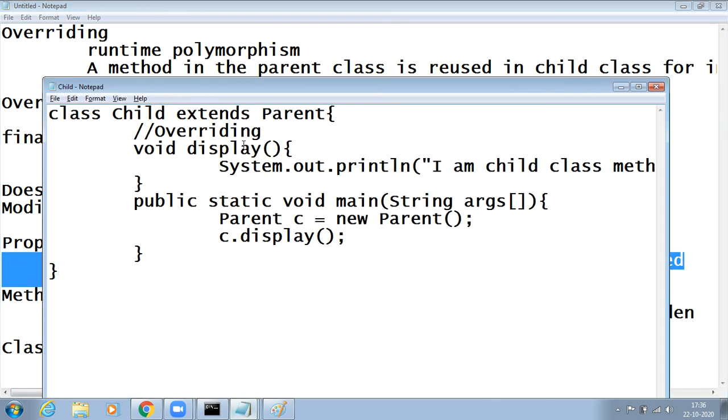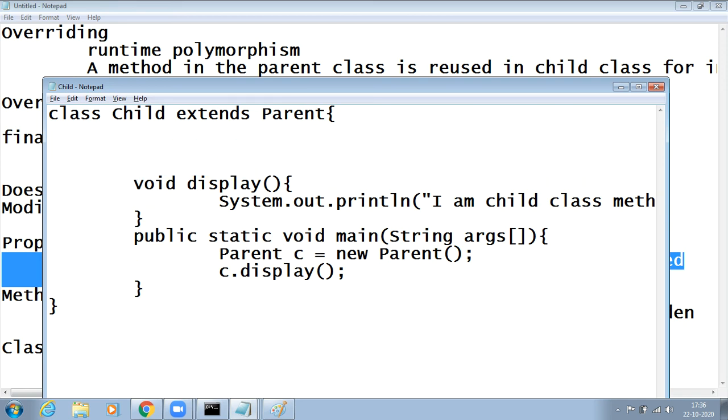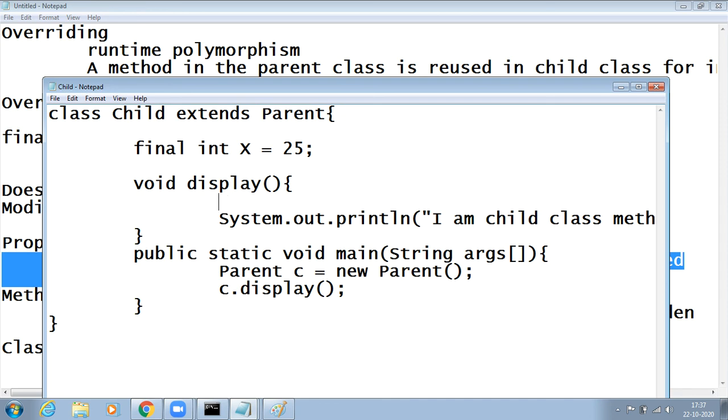A very simple example: I'll write final int x = 25. Always write the final property in capital letters. Now inside display, I want to say x = 56. I want to change the value of x to 56.